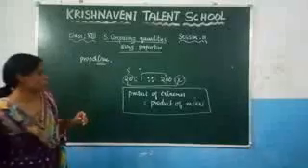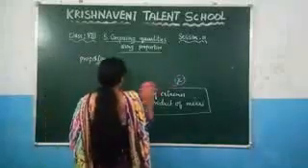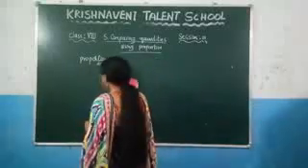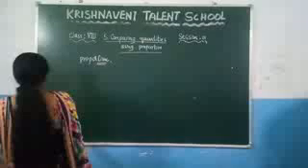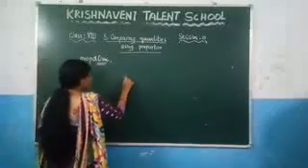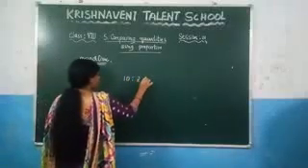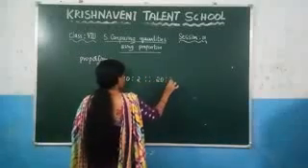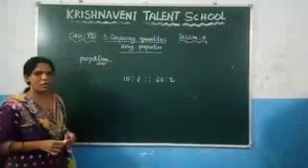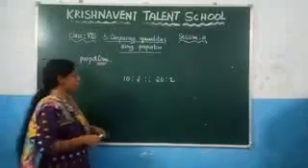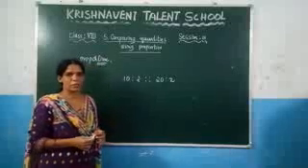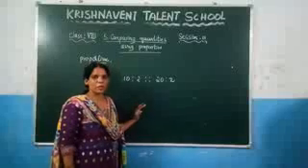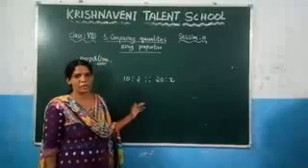Now let us consider one more example. Suppose you are given 10 is to 2 is proportional to 20 is to x. Then they will ask what is the value of x. Since they already gave that these two ratios are in proportion, now since two ratios are in proportion, you can write the product of extremes is equal to the product of the means.